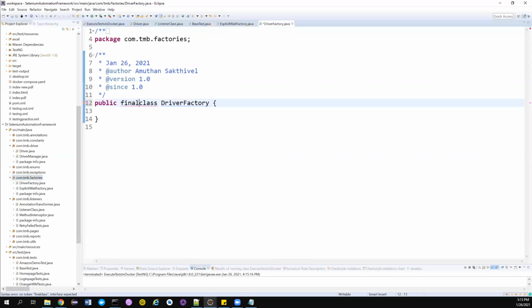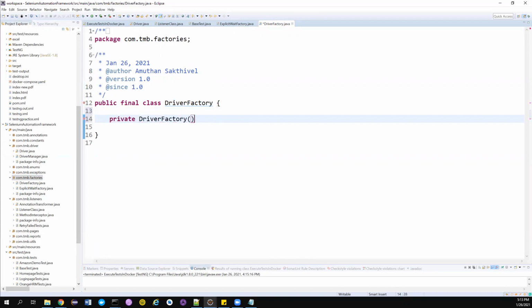Again, there is no particular reason that I want to have this non-final. So making it final helps me to restrict some other classes to extend this, because I don't want people to extend this particular class, and the same way I don't want someone to create an instance for this particular class, because I'm going to hold only one static method, and that static method will have public static.